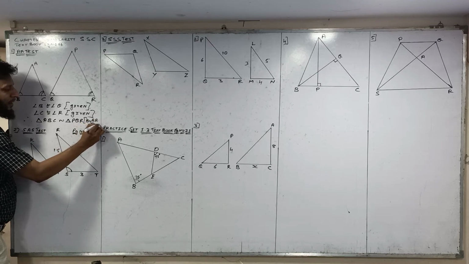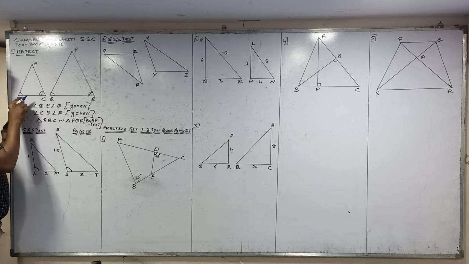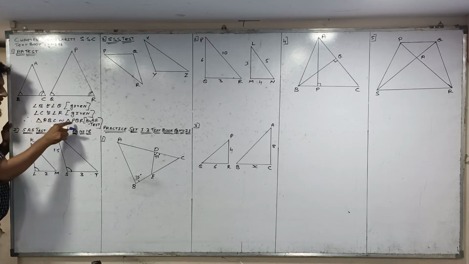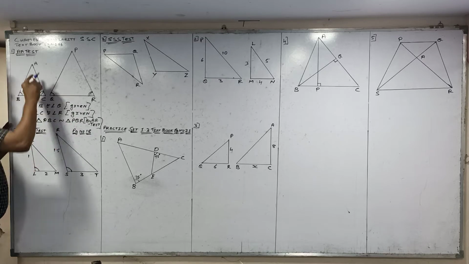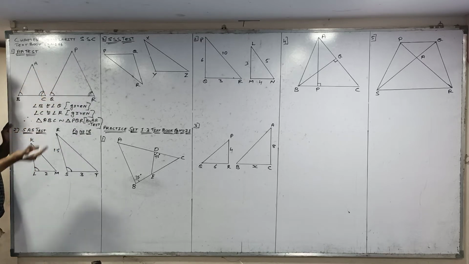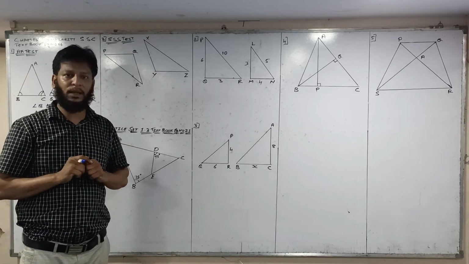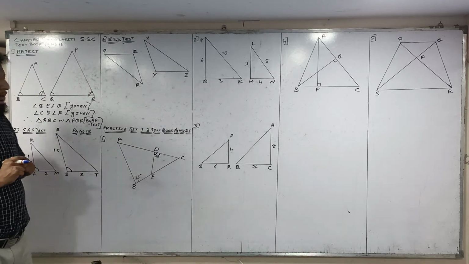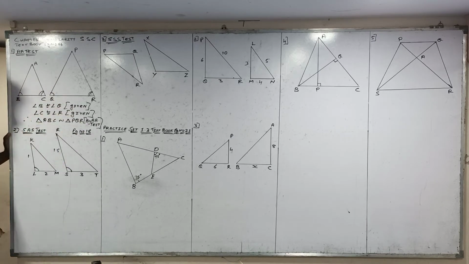And when you give the name, give it with proper correspondence. See, B with Q and C with R, and the third angle, the remaining angle, will be congruent. If two angles are congruent, then the remaining third angle will be congruent only. So whenever two triangles have two angles congruent, then the triangles are similar by AA test.